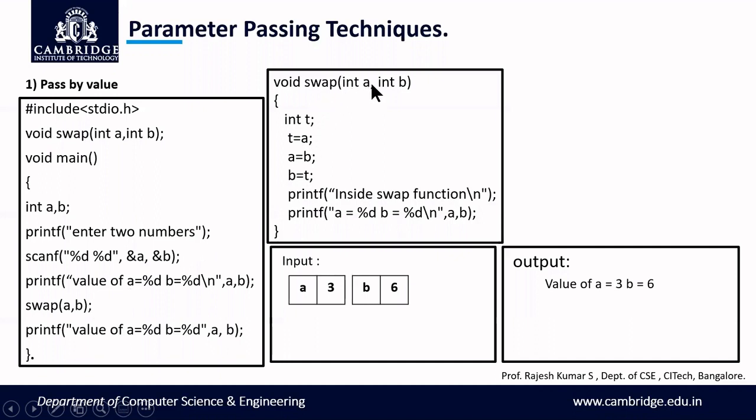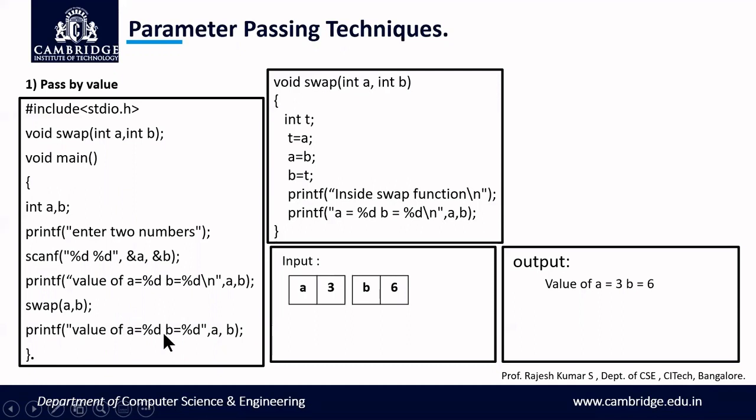In this, again, I've written int a, b. Now, these a and b are the formal arguments or formal parameters. These are the actual arguments or actual parameters. These are the formal arguments or formal parameters. Any updation done on these will not be reflected in the calling function, because this a and b belong to the main function, and this a and b belong to the swap function. This a and b are entirely different from that a and b. So this a will have its own address and b will have its own address, and inside this function, this a will have its own address and b will have its own address.